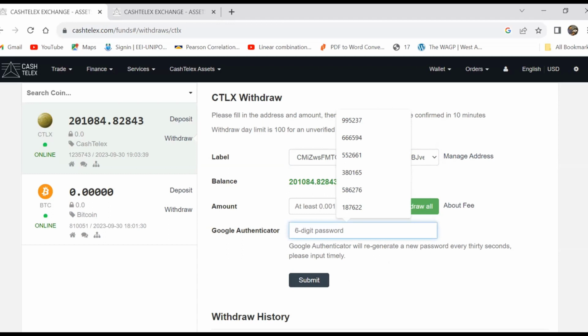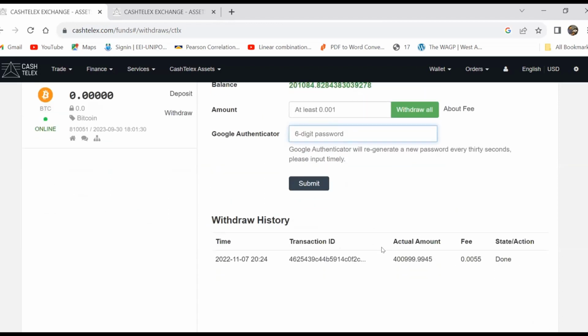So, if you go down, where you see my costing here, you see that I did some withdrawals sometimes in 2022. I did actual amount withdraw. Is it 4 and something thousand or something? But I know I withdrew a lot of CashTelex. But I've forgotten. So that is the total withdrawal that I made. Yeah, because I bought